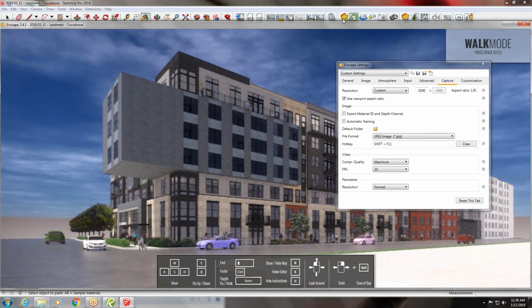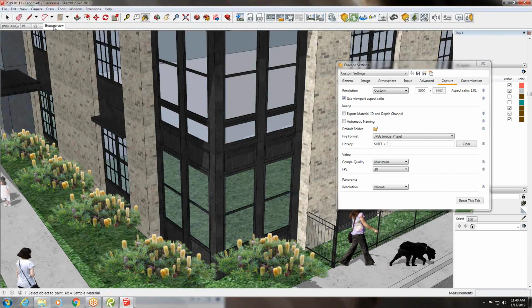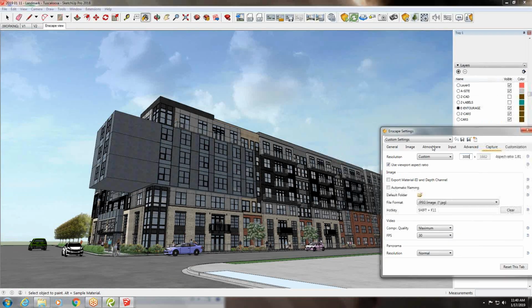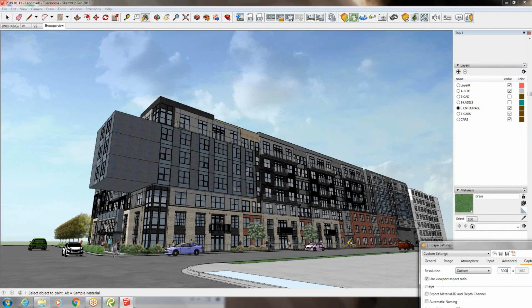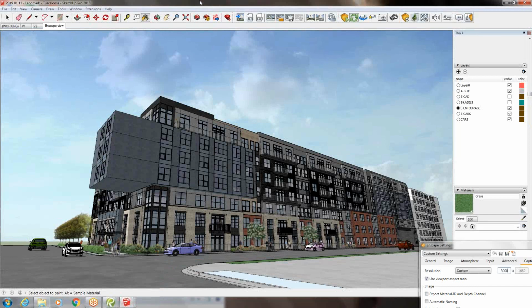And so now we have that set. We can go back to here, create a camera view, have a preview panel. It's kind of the reverse problem as in Enscape. It saves out with or without the 2-point perspective. Now it's just a simple matter of,